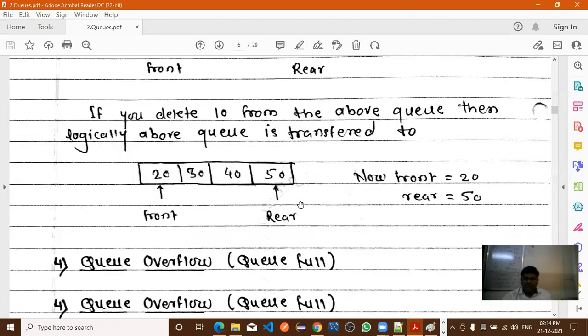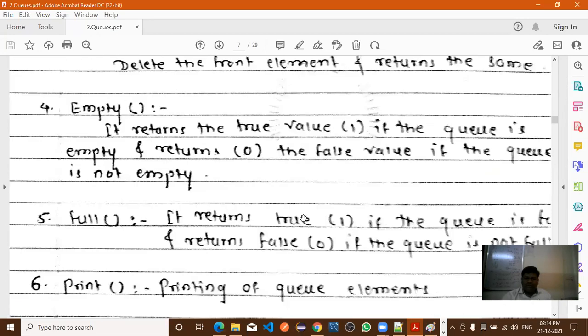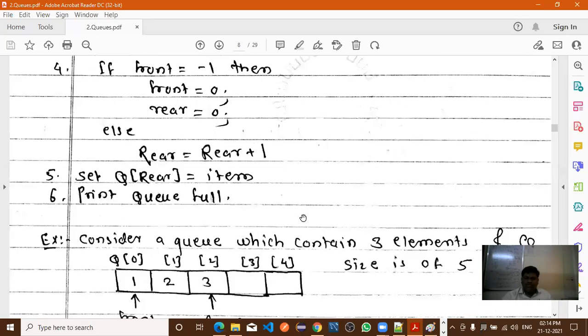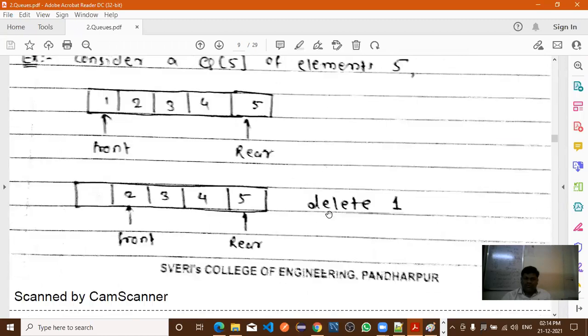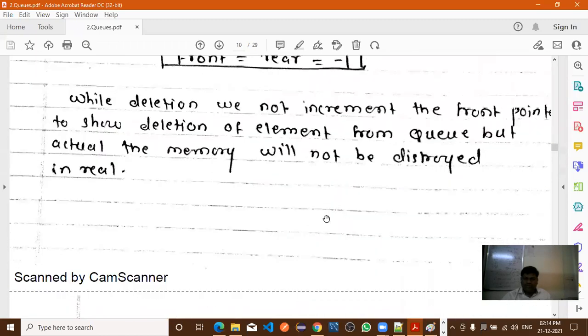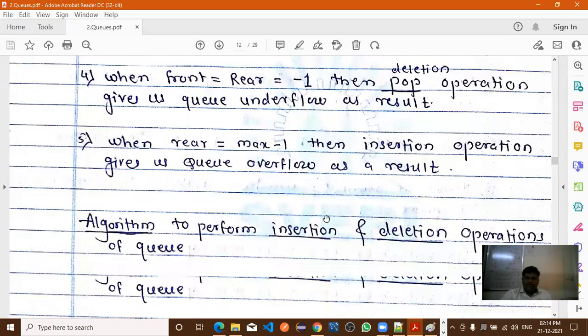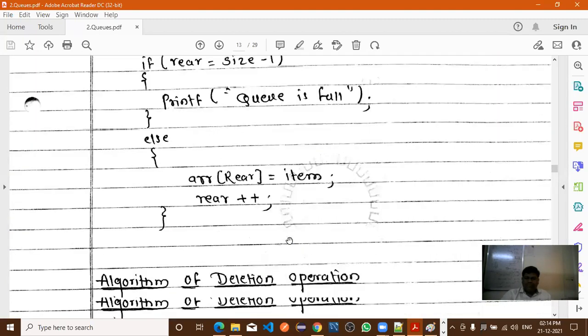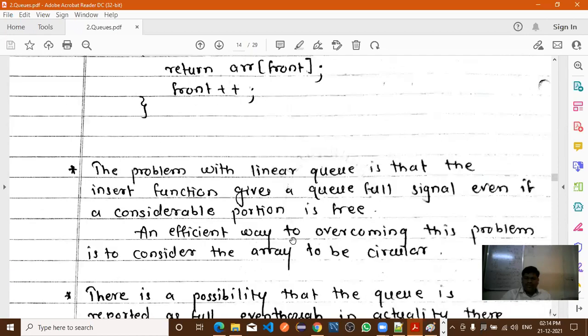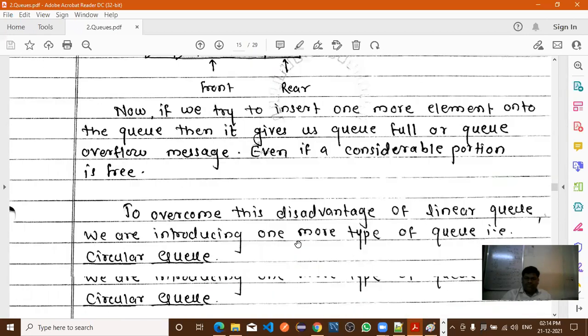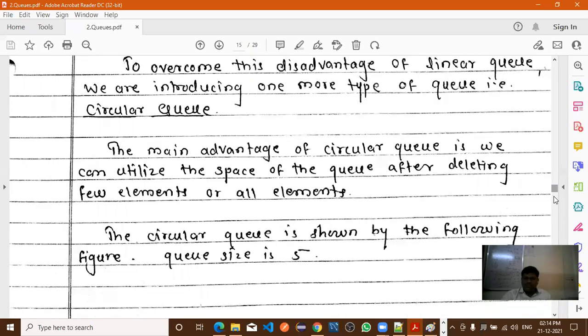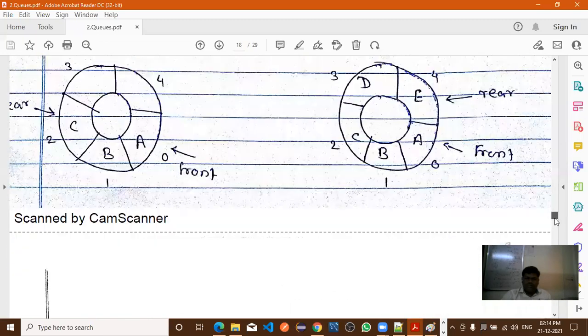This one is very simple. We require only 2 to 3 minutes. I will share this PDF also with you, applications and more. Sir, share that PDF. Yes, I will share the PDF. Don't worry.